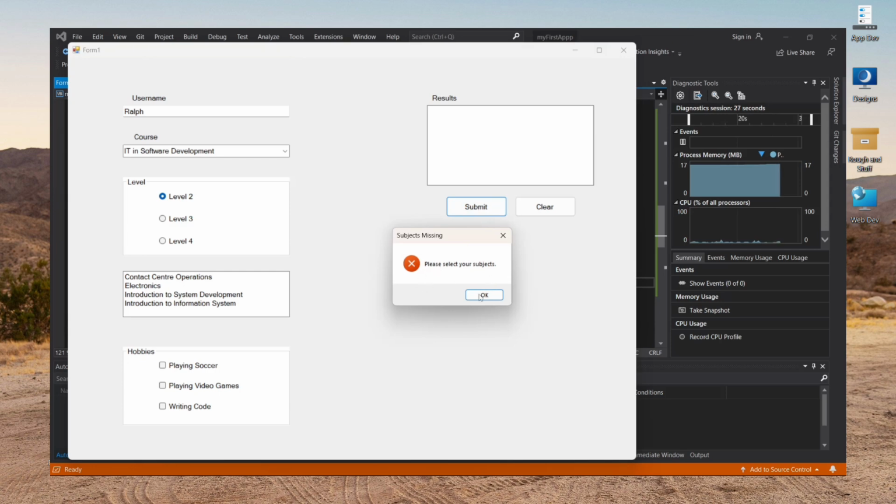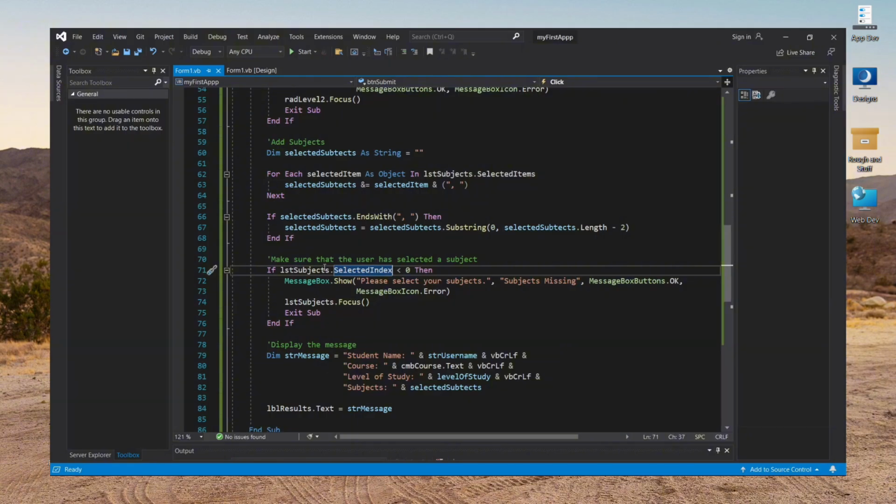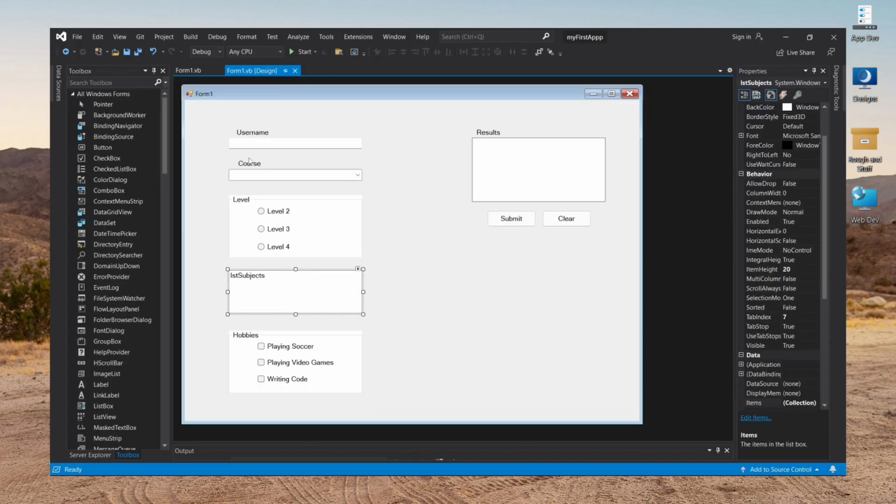There you go. So you have to use selected index instead of selected items. Okay, we got that now. Okay, now let's move on. Let's move on to